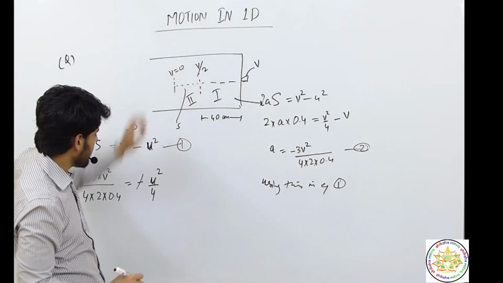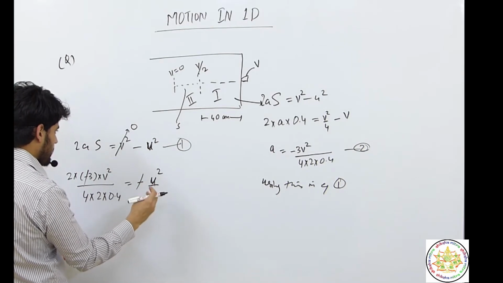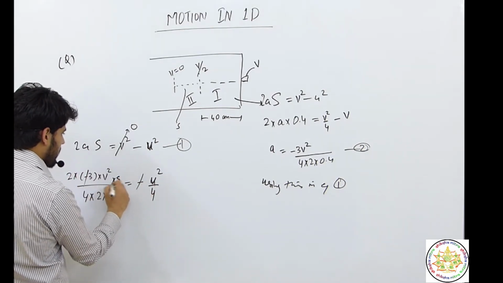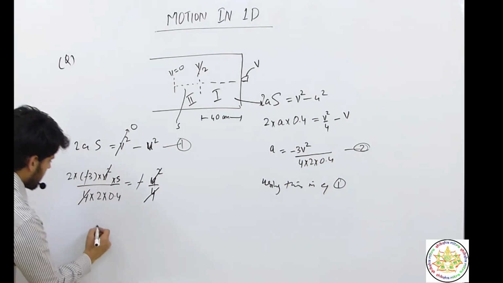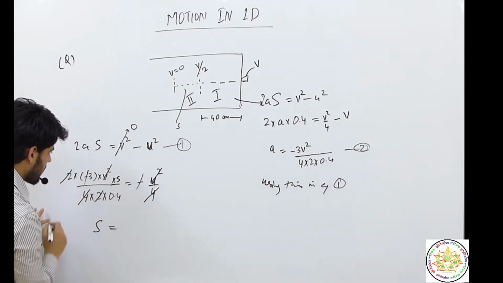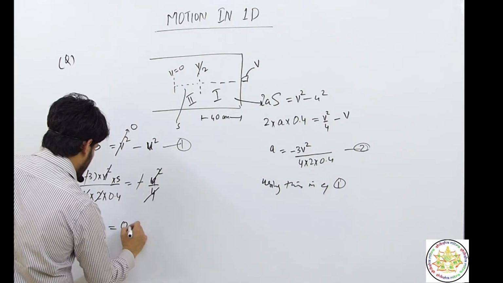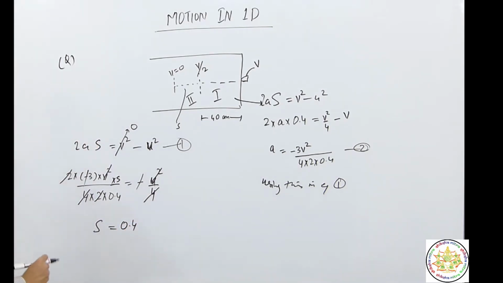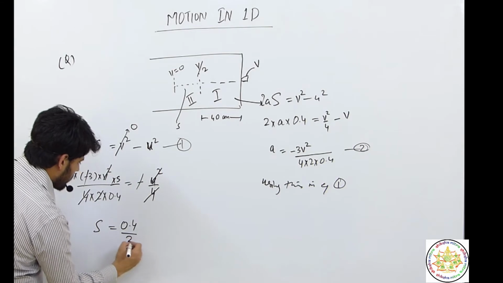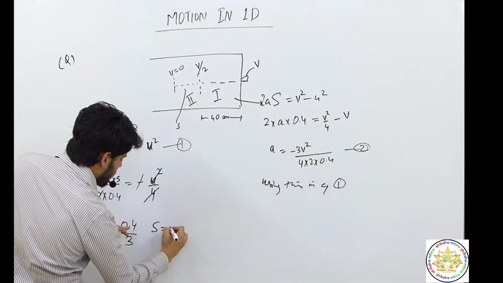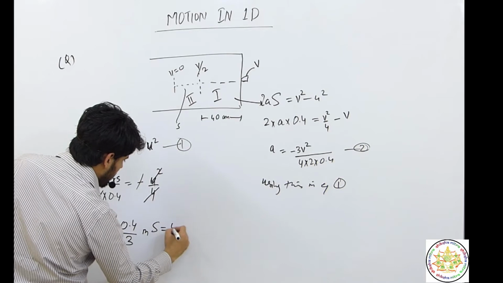this case was v by 2, so it's v square by 4. And minus and minus cancelled, and v square with v square cancelled, 4 with 4 cancelled, so what did we get for s? s will be, 2 with 2 also cancelled, so what is left with us is s is equal to again 0.4 something. Yes, 3 is also there, na. 0.4 divided by 3, so s is equal to, converted in this, is meter because we have converted this into meter, 0.4. So this is in meter, or if we convert into centimeter, this is 40 by 3